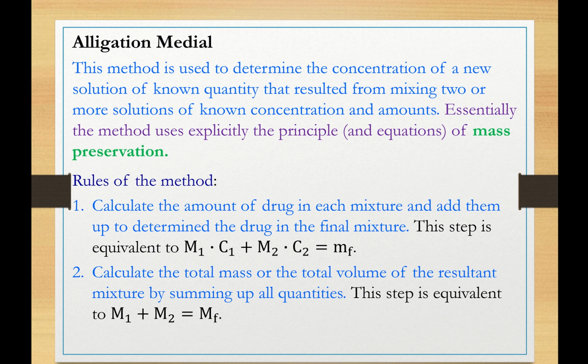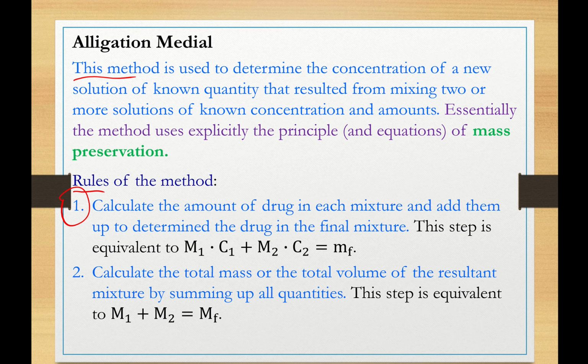It is always used to determine the concentration of a new solution of known quantity that resulted from mixing two or more solutions of known concentration amounts. So in this kind of problem, we are given everything except the final concentration. Now the rules of the method, or the steps, are: first, you need to calculate the amount